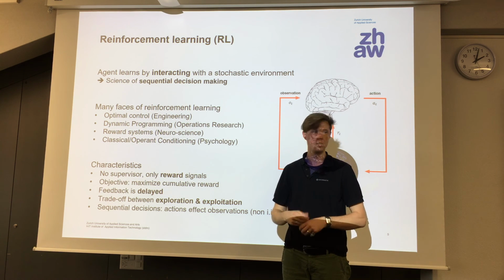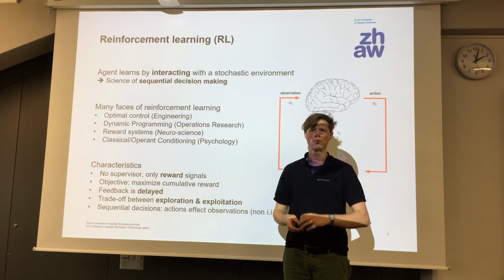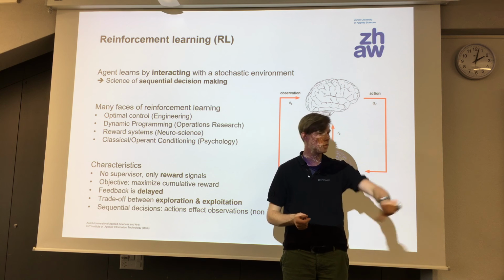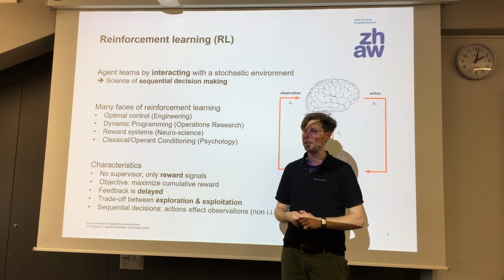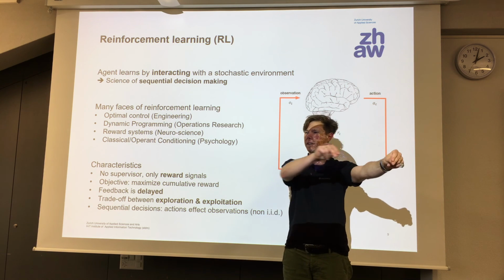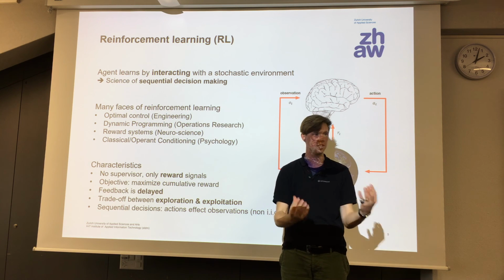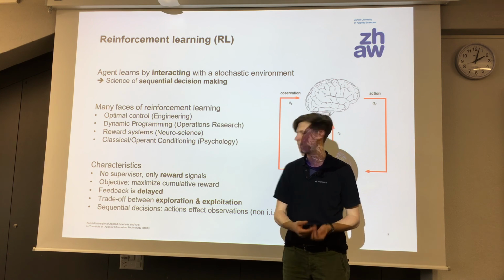In the game of chess, you usually play, I think, around 40 moves on average until you either win or lose. From this, you have to deduce which one of the 40 moves was a good one, which one was a bad one. You have to play a lot of games until you find this out.